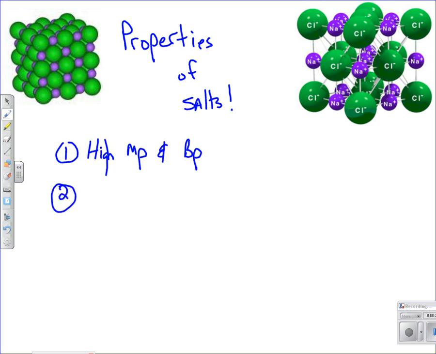Two, brittle solids. Now this means that salts don't, well, bend very well. If you hit them with a hammer, they will break, they shatter. They don't bend, they don't dent, and there's a reason for that. Thirdly,